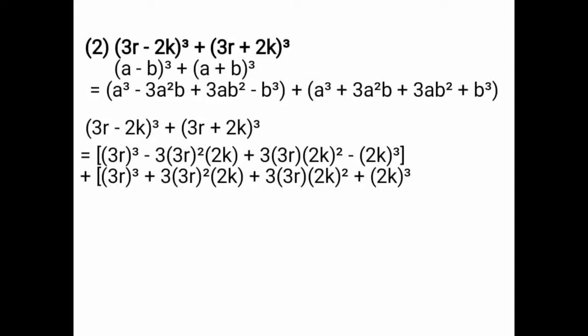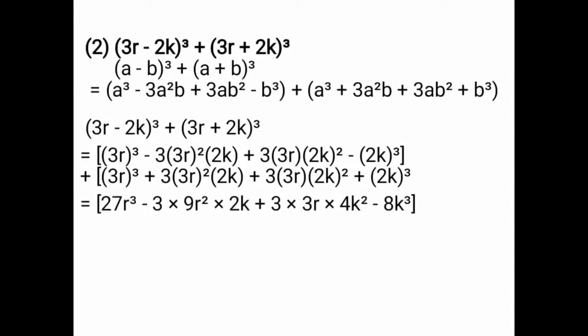3r cube is, answer is coming 27r cube. Then 2k cube, answer is coming 8k cube. So next step you write this multiplication form now. 3a square b plus 3ab square,